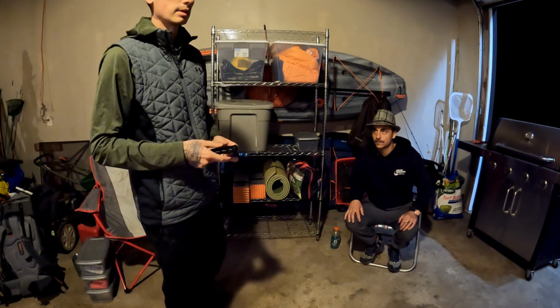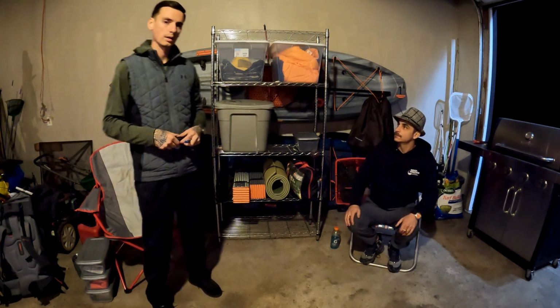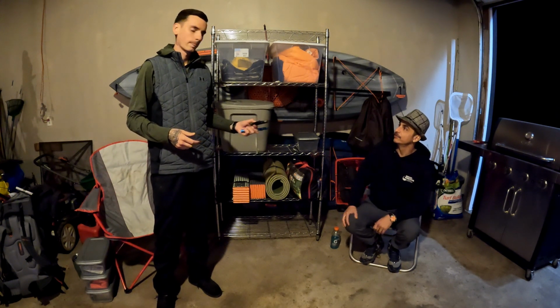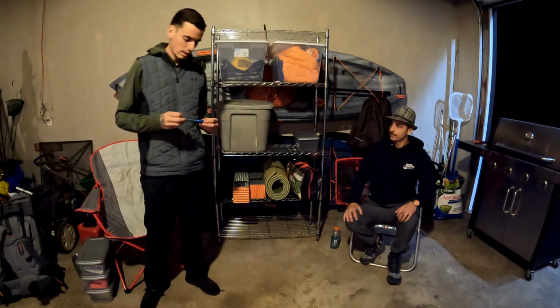My favorite blade to carry is actually one that NP585 got me. It's got my initials carved into it. I think it was our wedding gift from his... Yeah, from when he got married. And then I do carry...